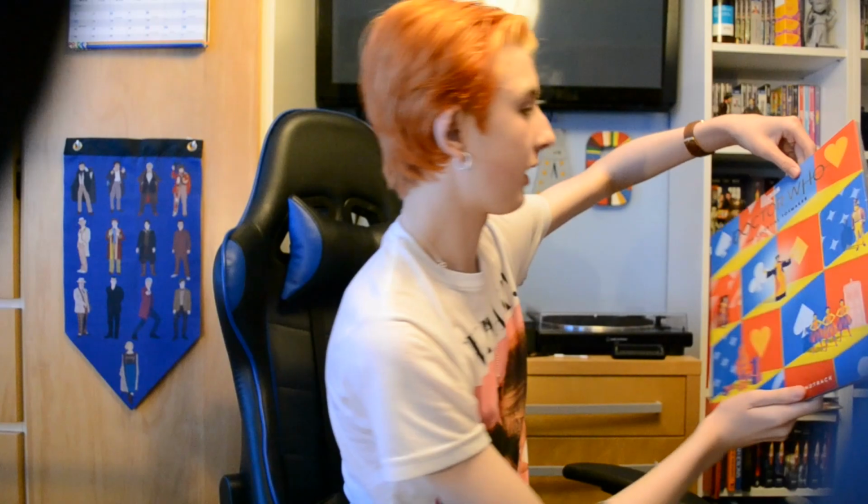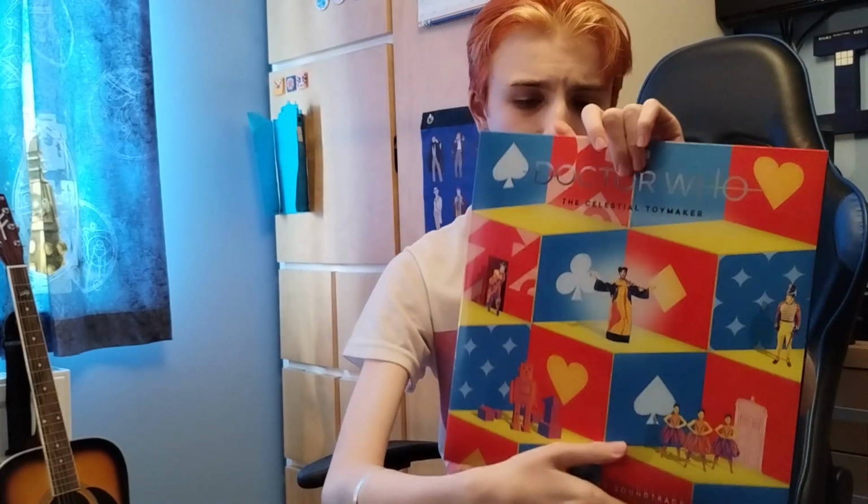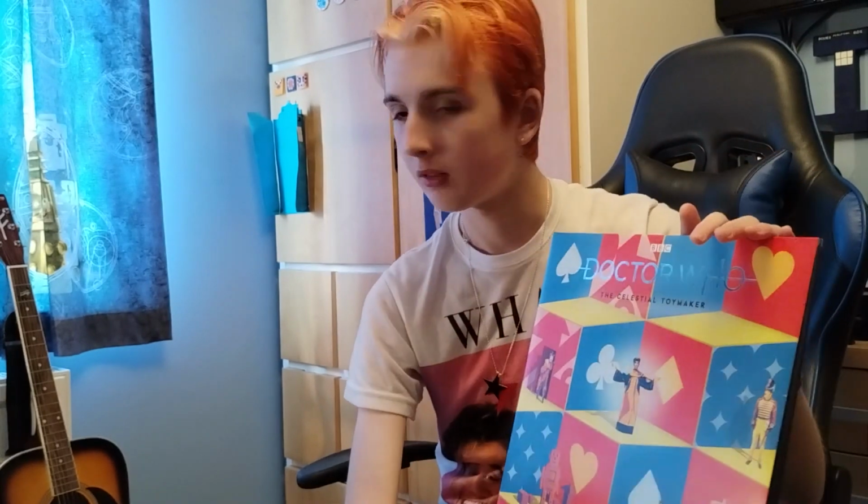The next one is also another Doctor Who, and it is, I got this recently, the Celestial Toy Maker. It's 180 gram vinyl, so it really is quite thick. Two coloured vinyl releases in this one. The original, the other one was just black. But the Celestial Toy Maker, I haven't listened to this all the way through, but I'm really glad I've got this. It's a really nice cover. The colours of the records are excellent, so I'd really recommend those. So the next one,